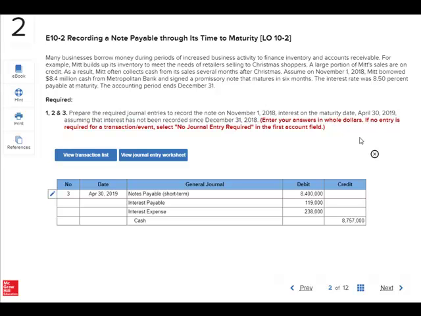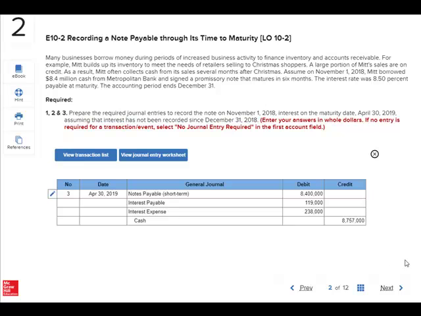So when you record the adjusting entry on December 31st, 2 months will have gone by since the company borrowed the money, and you'll record 2 months of interest expense as of December 31st. And then when the loan is paid back at the end of April, you'll need to recognize 4 more months of interest expense and also debit the amount of interest payable that you recognized on December 31st in your adjusting